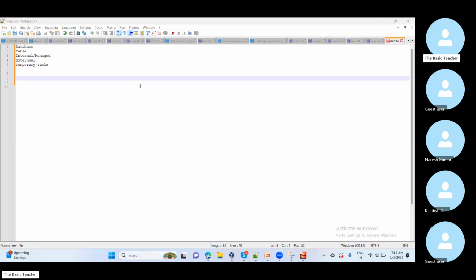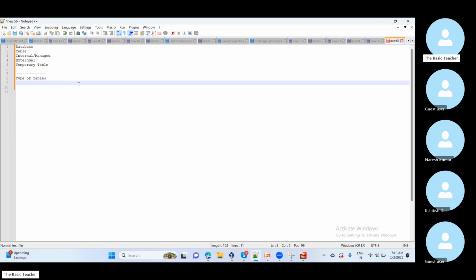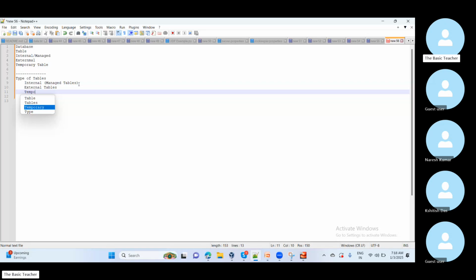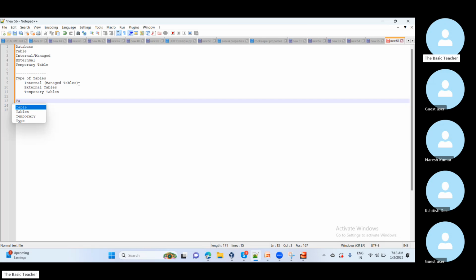So we discussed the types of tables. Inside this, we have internal tables, which we call managed tables, then external tables, and then temporary tables, which are session oriented, right? And after that, table creation